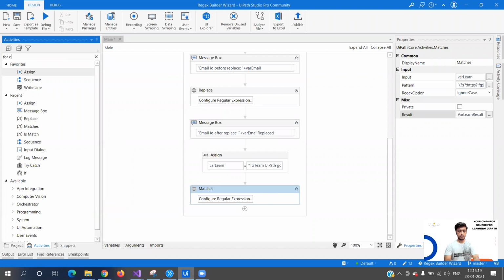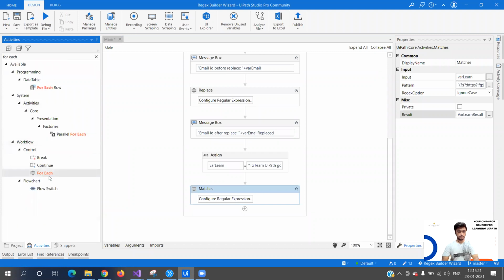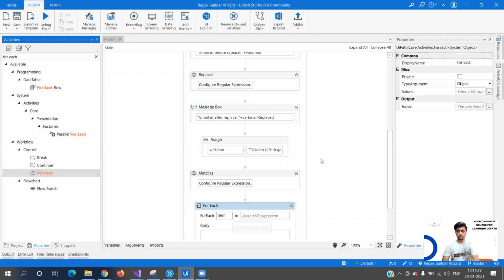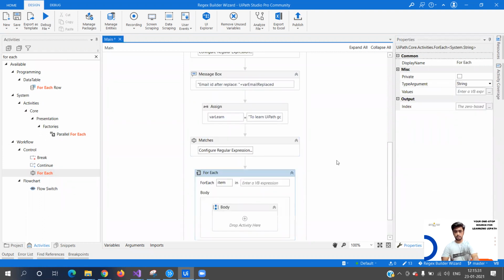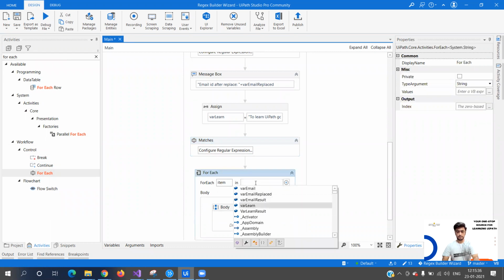So let me drag a for each. We don't have to use for each row, but we have to use for each. Let's do a string over here, and the output of this is where learn result.